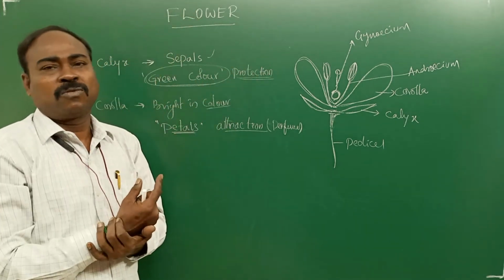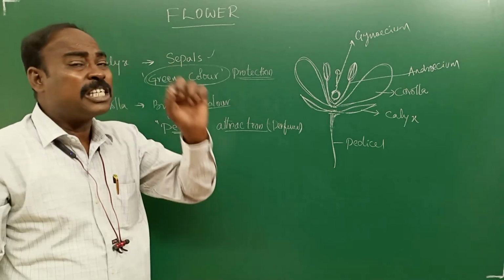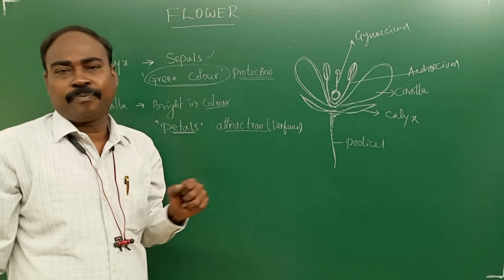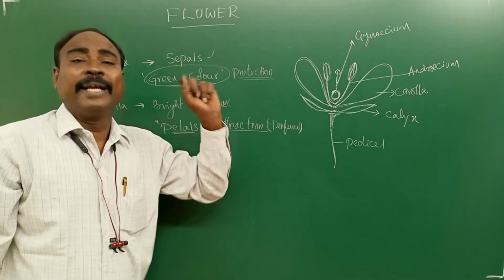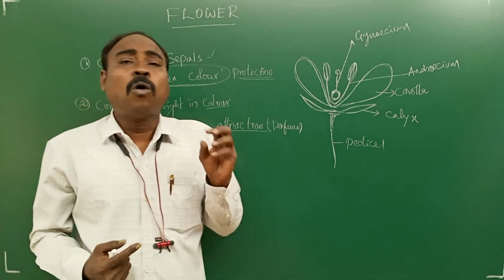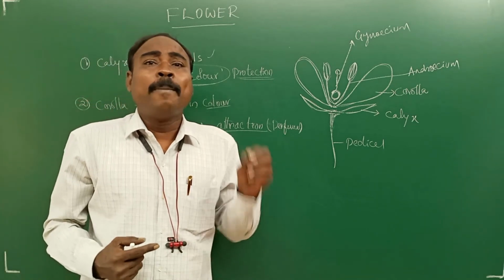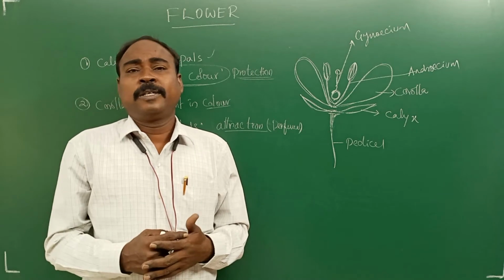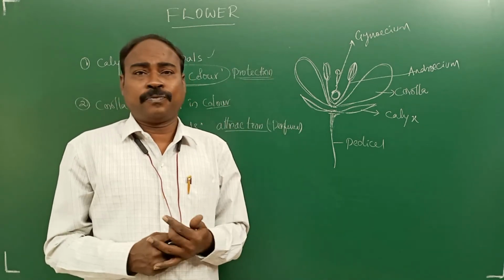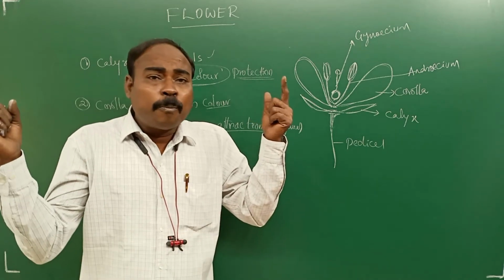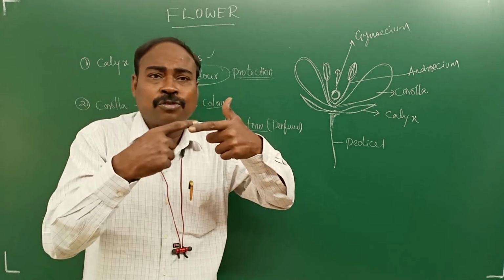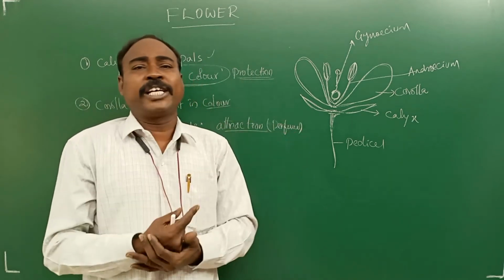Some flowers are continuously visited by a particular insect or a particular bird or a particular animal for pollination purpose. What is pollination? Transfer of pollen grain from the anthers to stigma. Here, pollen grains are the male reproductive unit. Stigma, style, ovary are the female reproductive units. For fertilization, the male and female gametes meet. Then only the fertilization takes place.